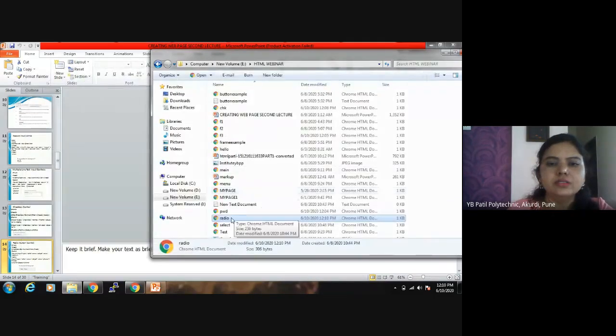Then see the output. I expected 3 buttons to be created and only one button to be selected. I selected computer. When I change the selection, it also changes. It means from these 3 in the group, we can choose only one: maths or physics or computer. So this is the radio button.